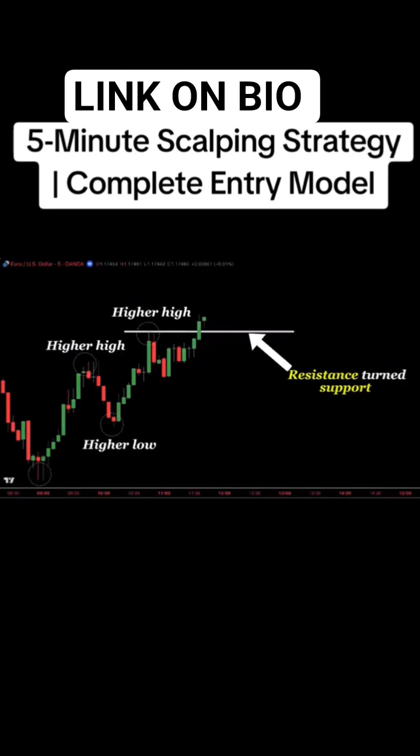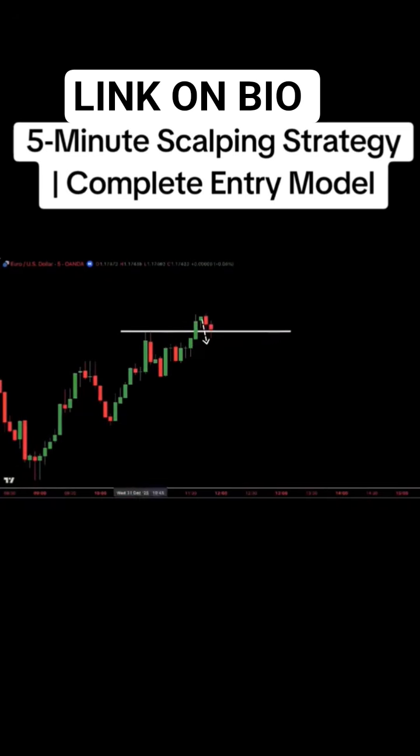Now let's move to the next step, identifying the bait and switch. The market comes back to the level, moves down, and breaks below it, giving traders the impression that the market is about to go lower. But instead of continuing down, price quickly reverses and closes back above the level. This is what we call a bait and switch. When this happens during